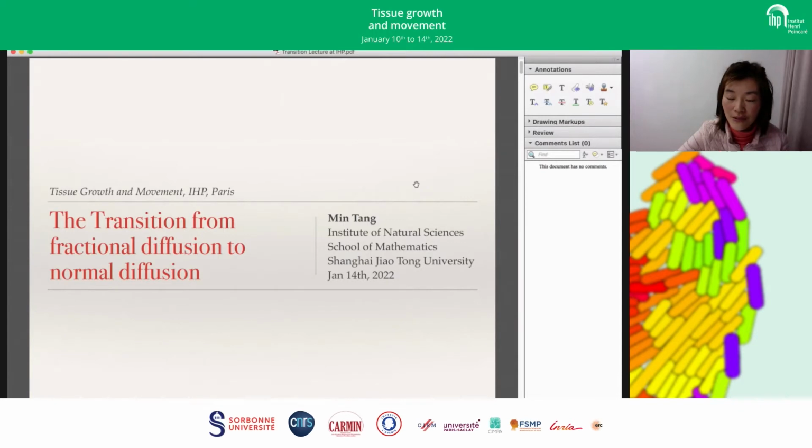To share my recent work here. Today I want to talk about the transition from fractional diffusion to normal diffusion. First of all,